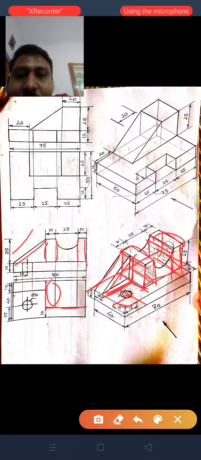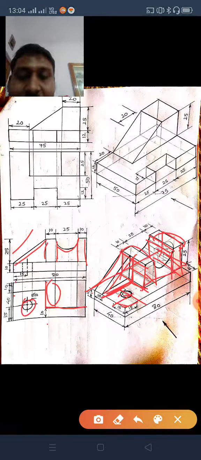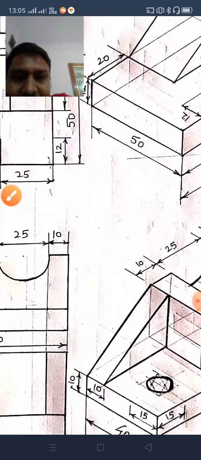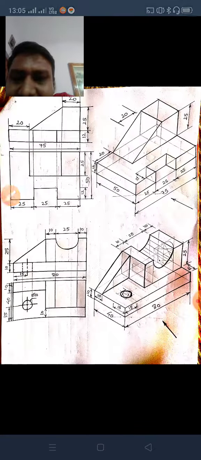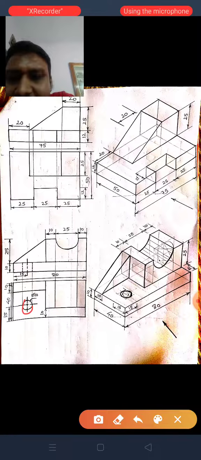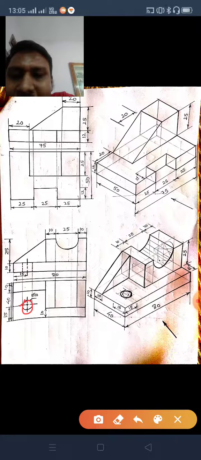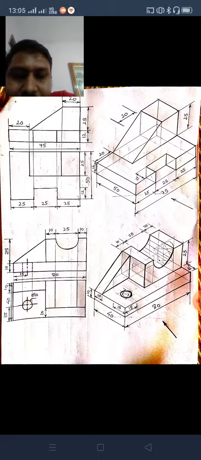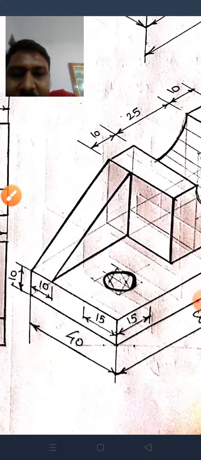Now one thing, you have to draw this half semicircle part and this circle part. So now what to do, let us see. I am zooming it. By seeing this circle, first of all see this circle. This circle is having a diameter of 10 mm, means from center here 5, 5, here 5, 5, isn't it? Now see, I am zooming this. How we can draw this?